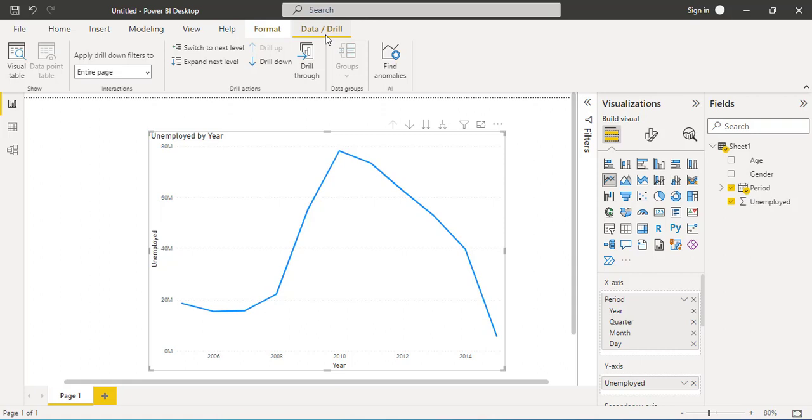Let me give you the tips. Let me show you the secret. Switch next level, what it does, you can see this is it. What it does is that it converts your time series to what is known as categorical data. So it groups them into categories. I'm going to show you right now and you're going to see the effect. But whenever you want to deal with expand next level,